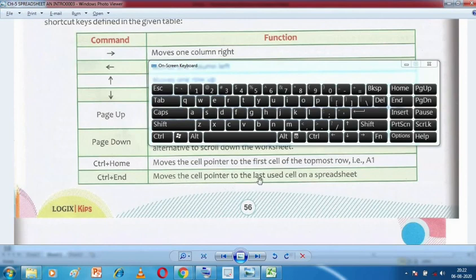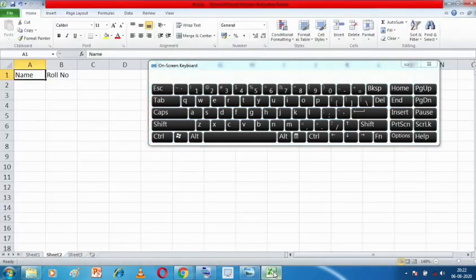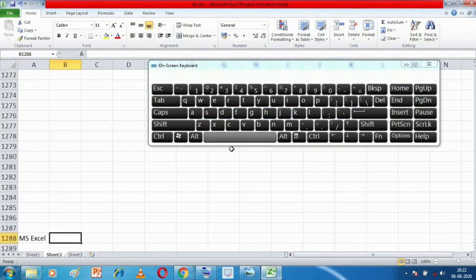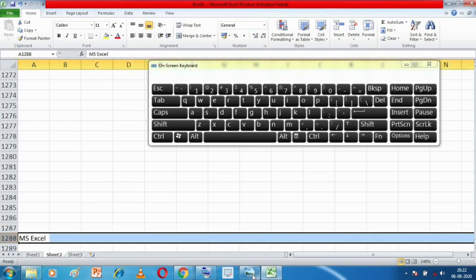Look over here, this is the keyword: last used cell on the spreadsheet. This means it will take you to that cell in which data was entered or something was done. If I come to my worksheet and press Control plus End, see, it has taken me to this row 1288.